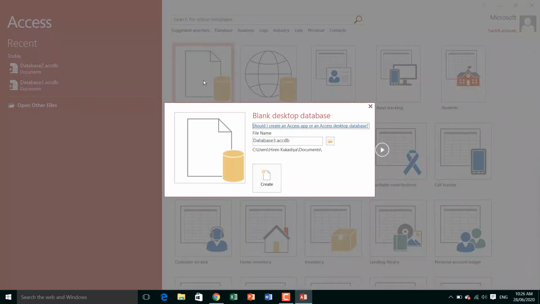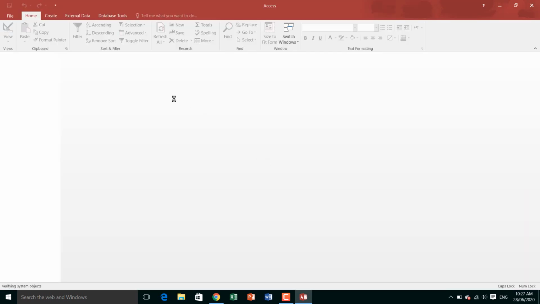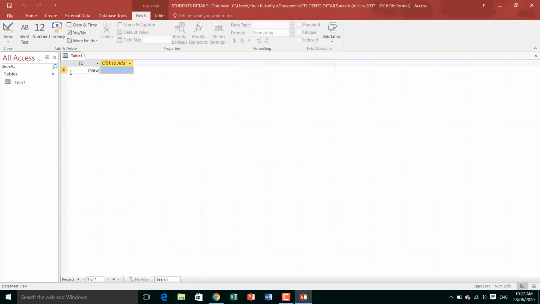Click on this and give the name, any name, like I am giving Student Details. Now click on create. You can choose where you want to save; we are currently saving in the C drive, user, my name and Documents folder. Click on the create button, and your database is created.